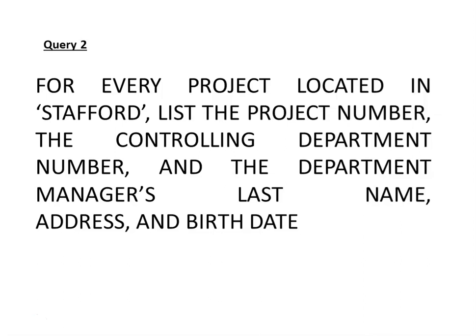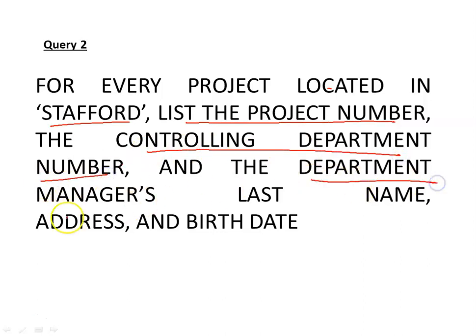The next query: for every project located in Stafford, list the project number, the controlling department number, and the department manager's last name, the address of the manager, and the birth date of the manager. So basically, for all the projects which are located in Stafford,